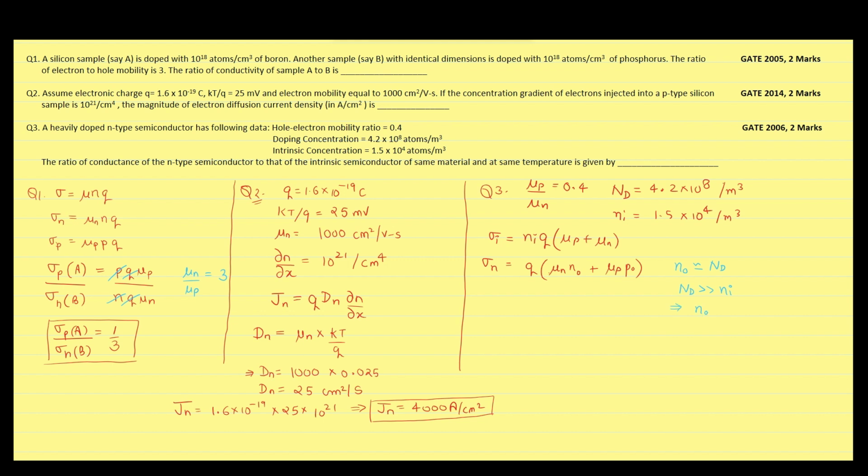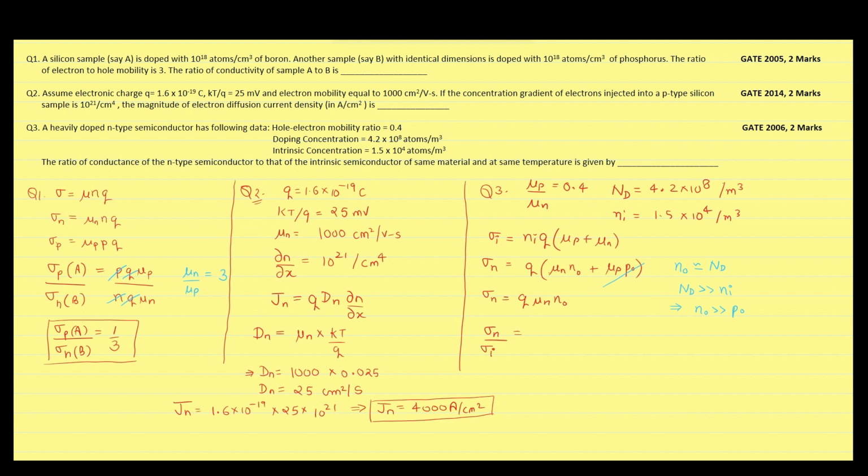Therefore, N naught will be significantly greater than P naught. So, we can neglect this term. We will get the conductivity of free electron to be equal to charge multiplied by mobility of free electron multiplied by free electron concentration. We are supposed to find the ratio of conductance of n-type semiconductor to the conductance of